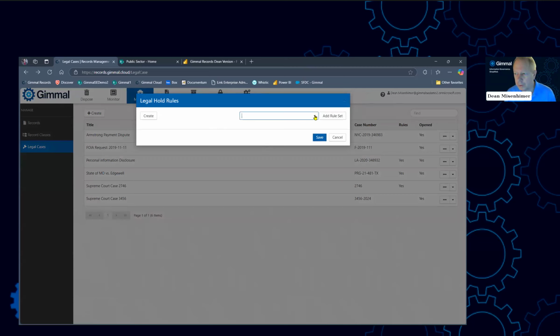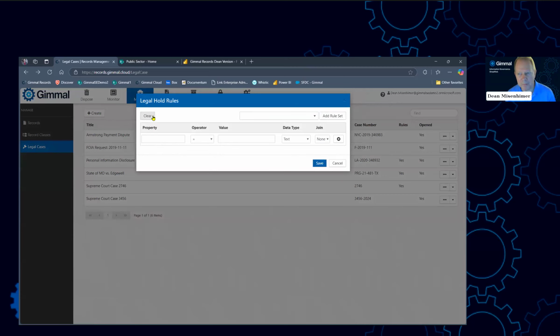You can use your rule sets if you have any rule sets created. We're not going to go deep into rules today, but I would urge you to go back to the education session or the tech tip on classification rules and file plan, because the rules are exactly the same, the way we create them. So I'm going to come in here and I'm going to create a classification rule. So I want to create a rule that says, hey,